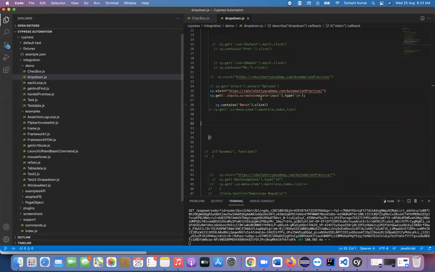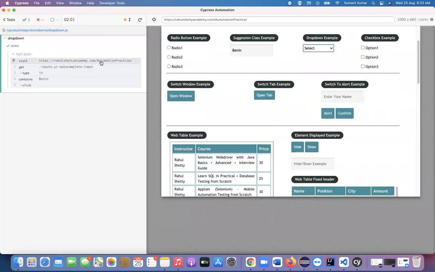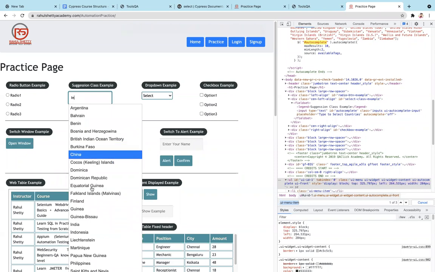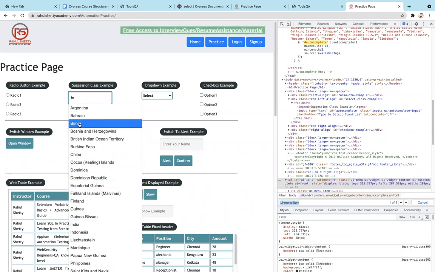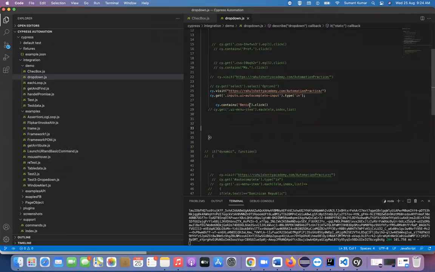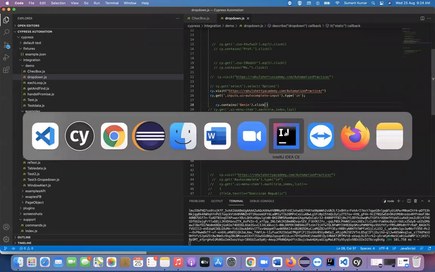So as of now, what I did, instead of writing IND, I just searched IN. If you type only IN, what will happen? You can see multiple elements here, right? Now, if you try to find, I search this BENIN. So I type here BENIN and dot click. So let's see what is happening here.